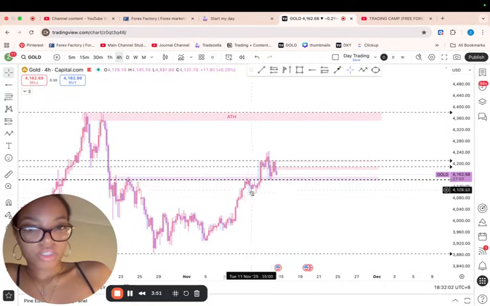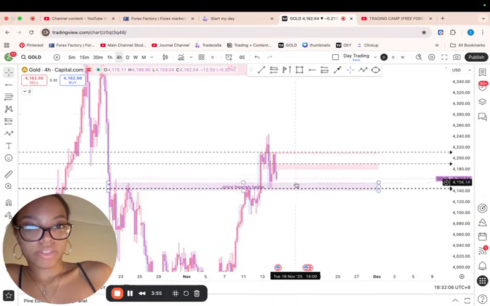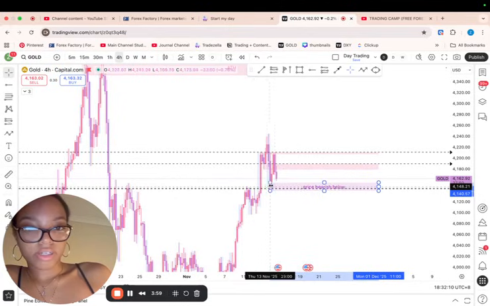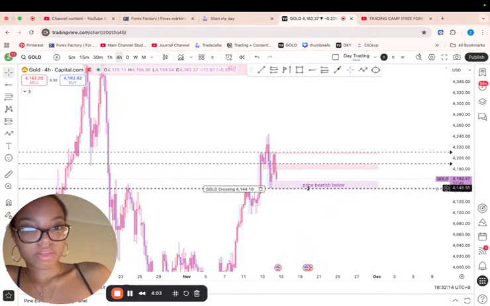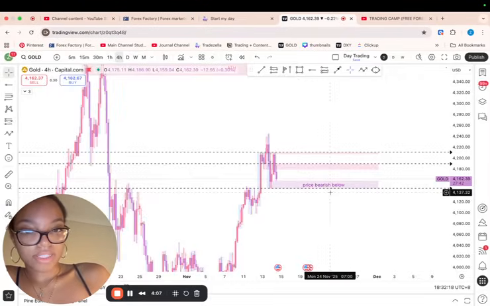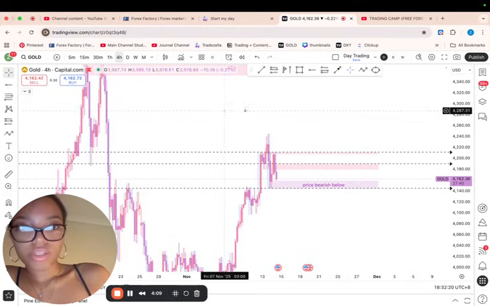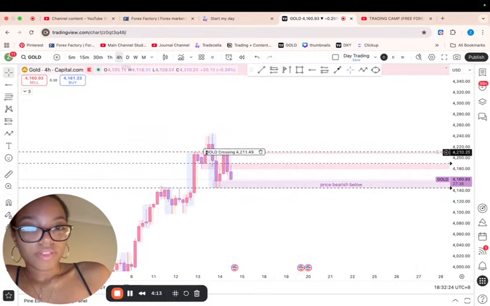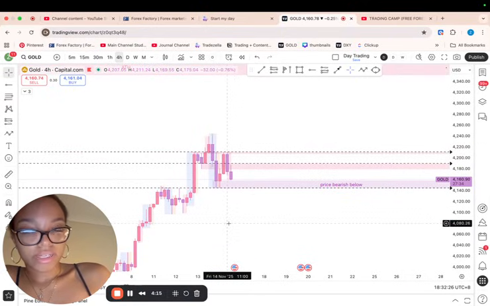Obviously, price looks bullish until it breaks below here. But now until it breaks below this low. So if price breaks below this low, I'm going to move this over here because this is a new low. And if price breaks below here, that's when I'm going to be looking at taking potentially sells. But we'll have to see what price wants to do. Nothing is set in stone. Obviously, we got a lower high here.